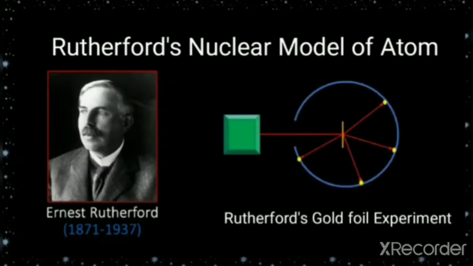Later on, a proposed model was Rutherford's nuclear model of atom. Rutherford's nuclear model of an atom was proposed by Ernest Rutherford from his experiment, that is, the gold foil experiment. And you are quite familiar with the gold foil experiment. The main postulates of this model are: